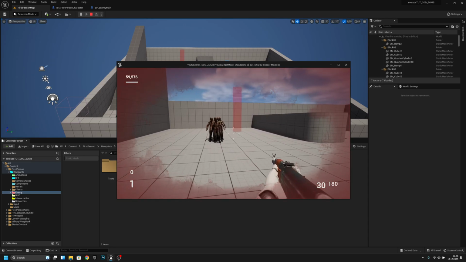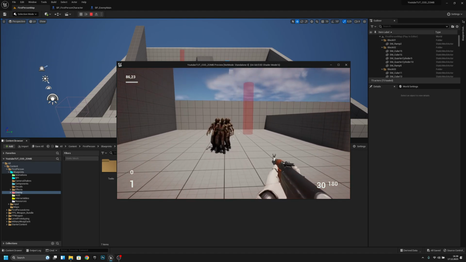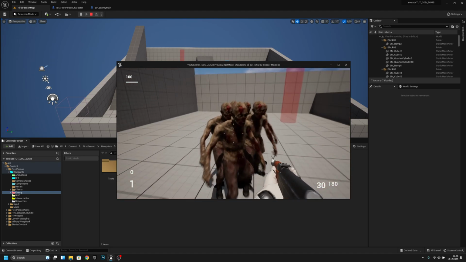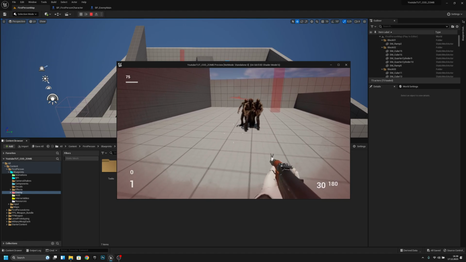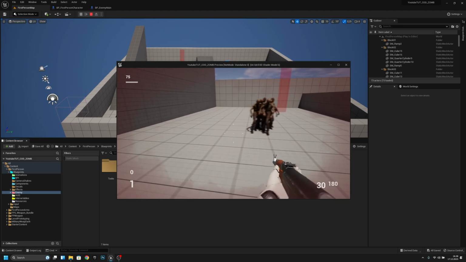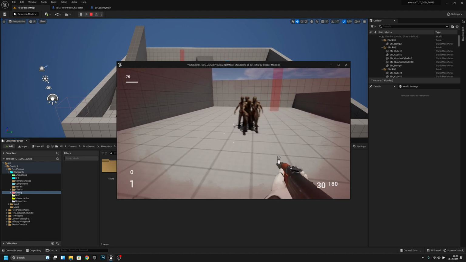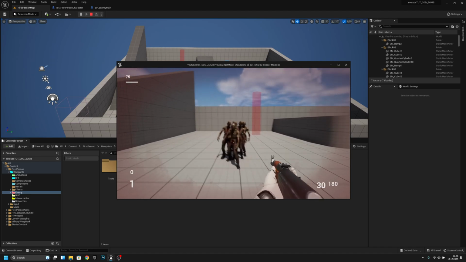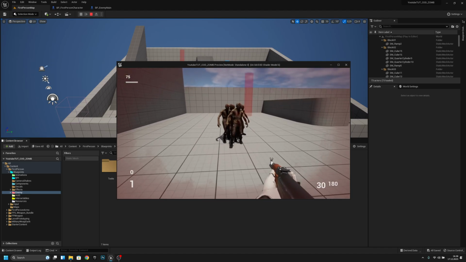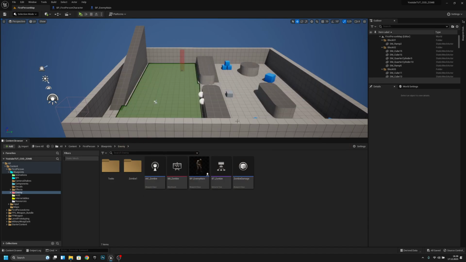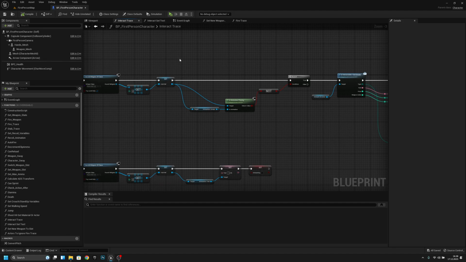Okay, and now when it's full and a zombie hits us, it should not regenerate anymore. Okay, let's check. 3, 4, 5, 6. So when the zombie hits us, health doesn't regenerate. So let's fix that. And that we can fix by going to the first person character, and